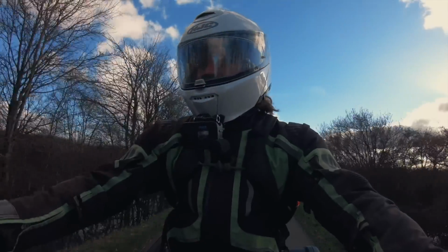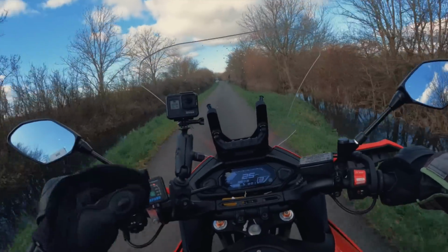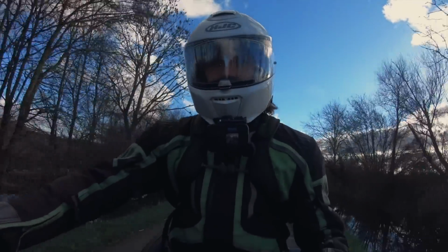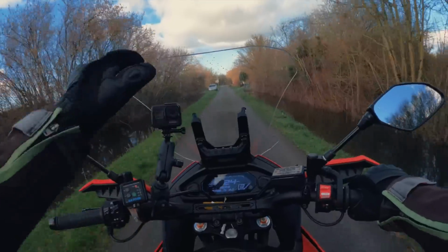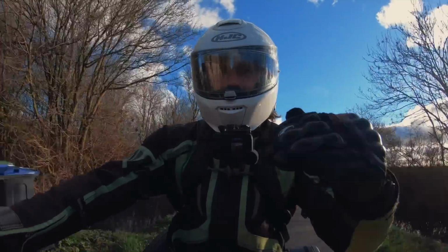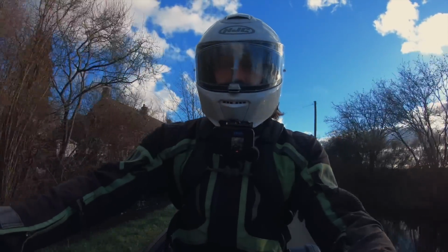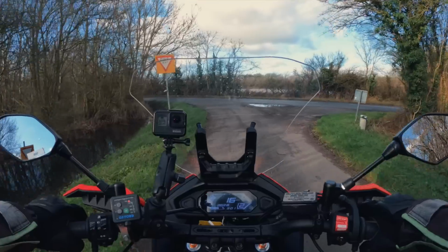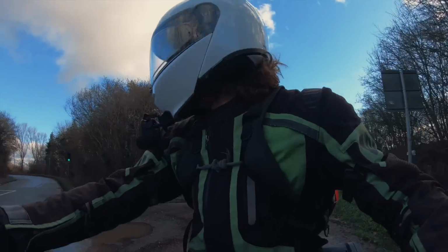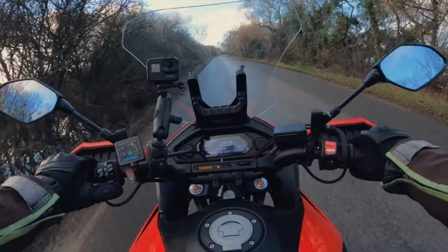So the beauty of these Tracers, and the reason I bought mine over the MT-07, the naked version, is it's just got that more practical everyday usability. The wind protection, the screen as we were mentioning, the panniers on the back, the higher up riding position. I just felt as a learner, and for the reasons I wanted to ride the bike, it's a little bit more practical and usable for those longer journeys, and I'm really pleased and I stand by that. I would probably have this Tracer over a standard